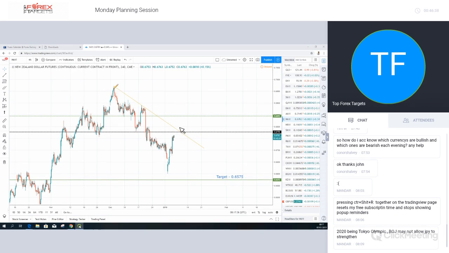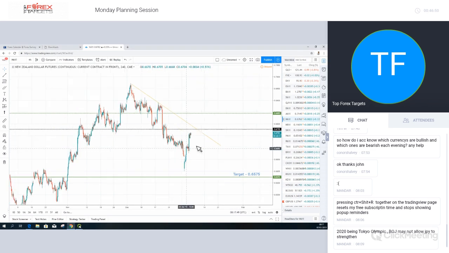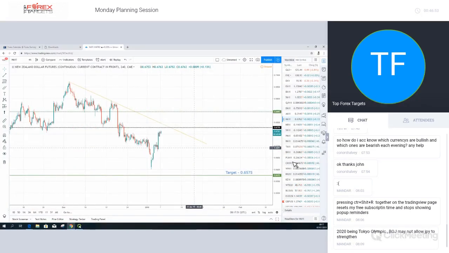Okay, overall we are in a range. This is a big correction, and the risk with the New Zealand is that we end up breaking above and doing something like this. Okay, there is a couple of New Zealand pairs we're going to look at as well, and we'll discuss how that could play out in the actual pairs themselves. So that's what I'm looking at this week in terms of the individual currencies.